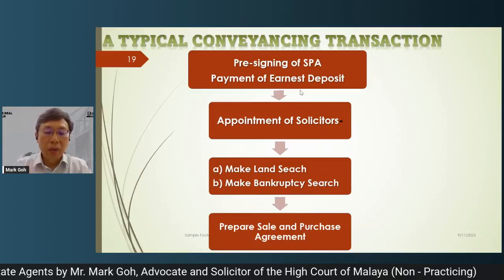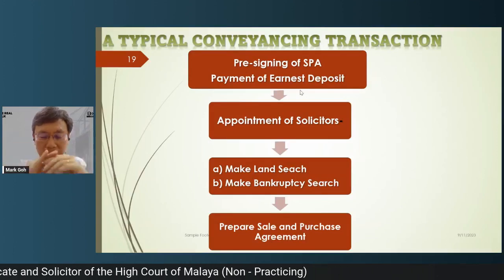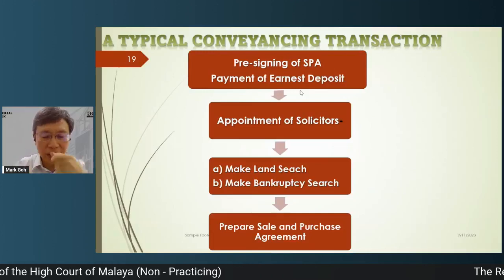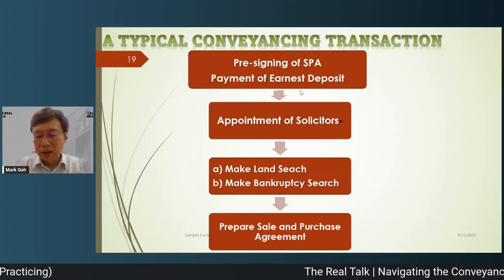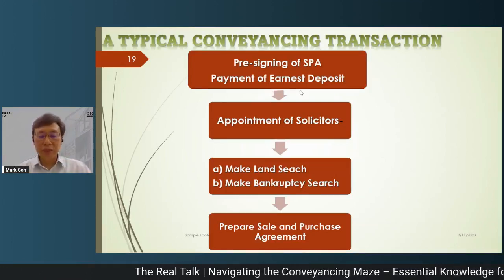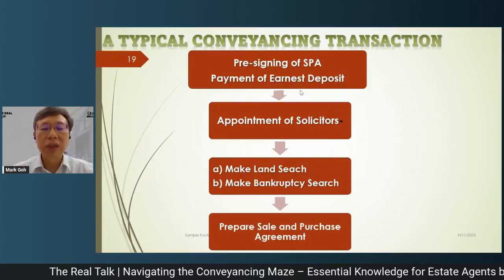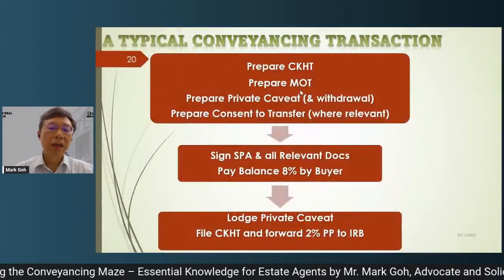Okay. Then once you do a bankruptcy search, if land is clear, the title is clean, bankruptcy search is clear, prepare the sale and purchase agreement, then ask the guy to come and vet through first. Give you a draft sale and purchase, let the parties vet through first. After vetting through, amendment made here and there. In the meantime,